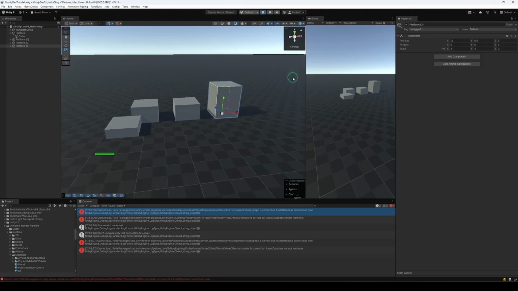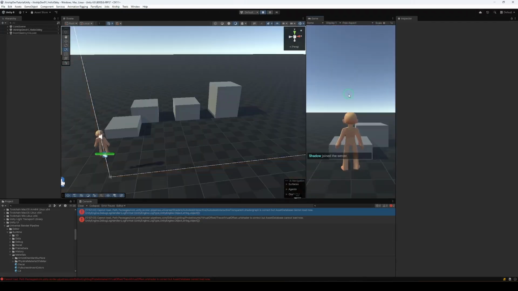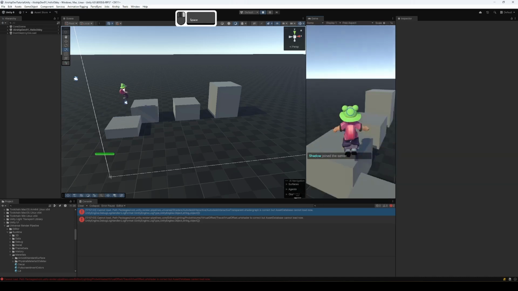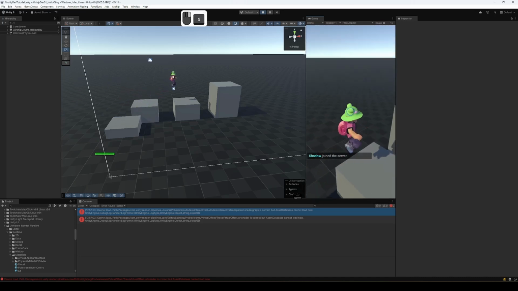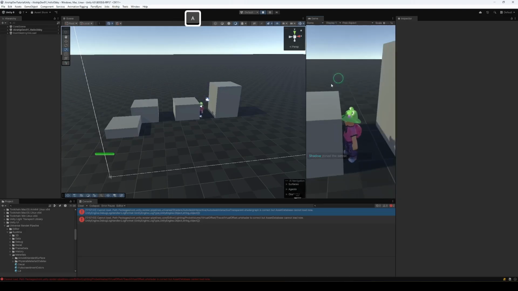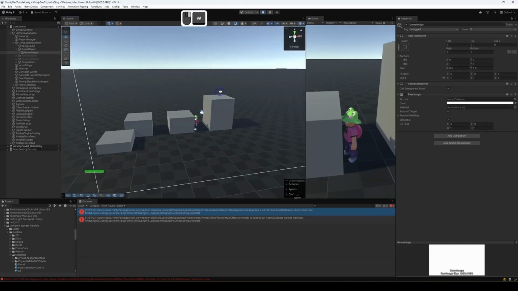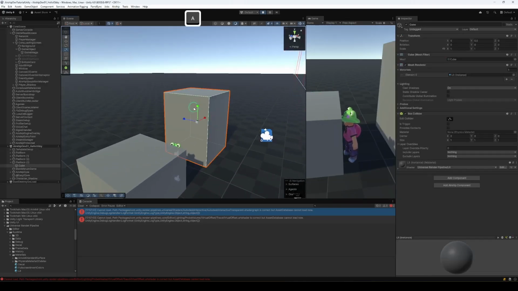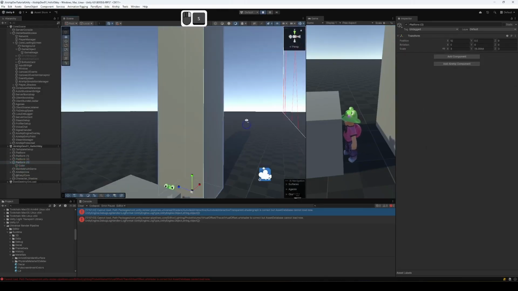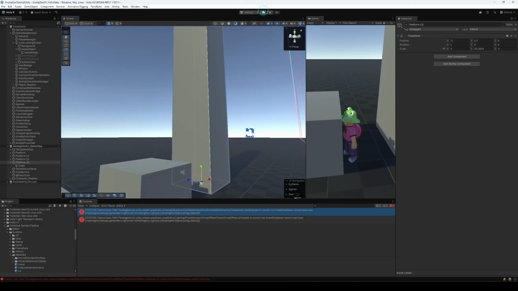Alright, so let's check that out and see if it works as expected. We spawn in, we see our platforms. You can jump onto them because they have box colliders. And let's see if I can jump onto this final platform. Ah, it's too short. So we're going to have to move this one up. I'm going to grab the top level transform and scale it up nice and high. Okay, definitely cannot reach that. But you'll notice if I stop playing,